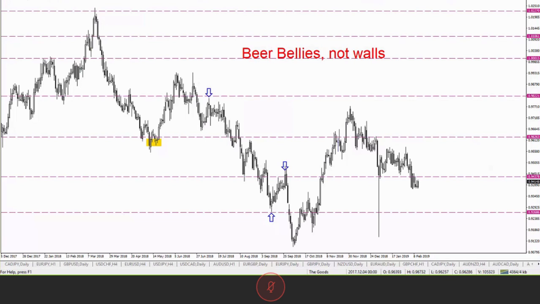What's more important really, and this is what we're going to talk about today, is what the market does when it gets there. Hey Steven, that's really the important thing, and that's going to be our clue: what does the market do when it gets there. Okay, so let's talk about